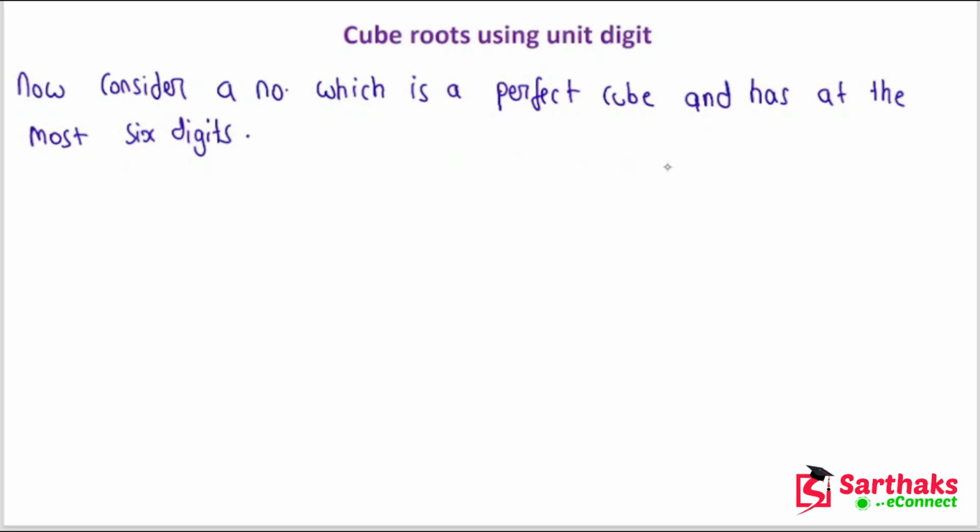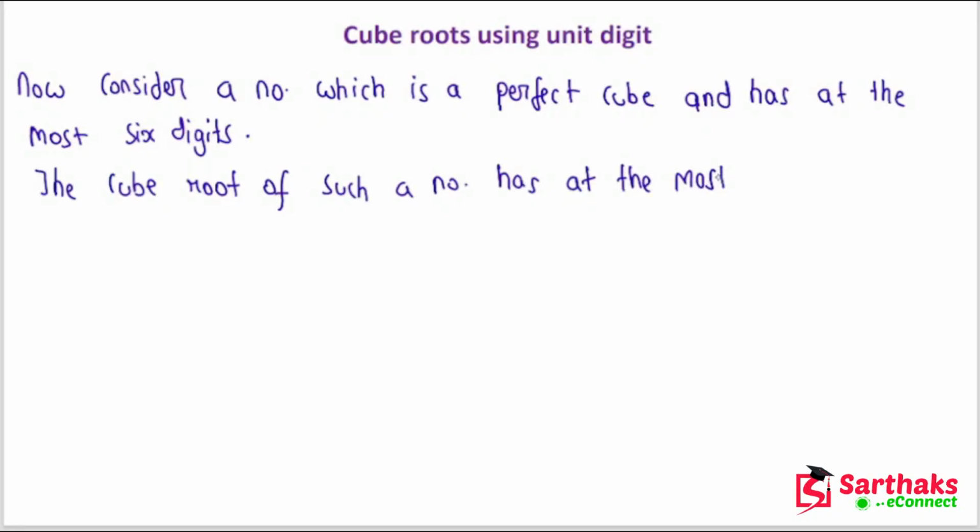The cube root of such a number, obviously if it has at most 6 digits, I'll show you how: we are talking about the cube root of a 6 digit number. So a number which has 6 digits at the most will have a cube root which has at the most how many digits? 2 digits. And let me write the reason. Because the least